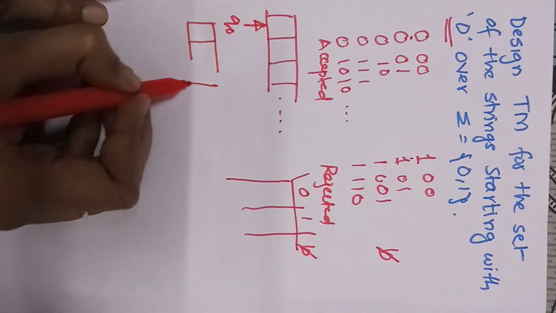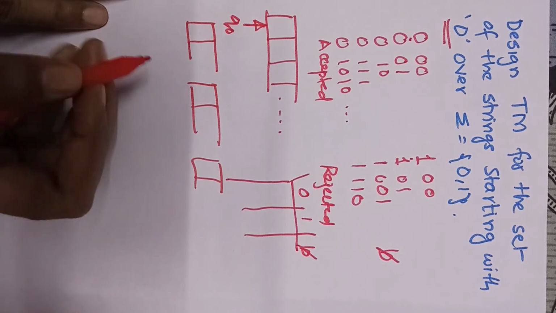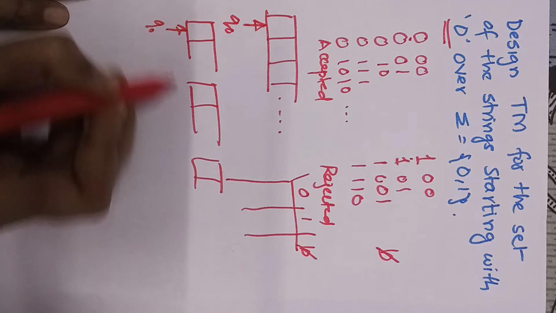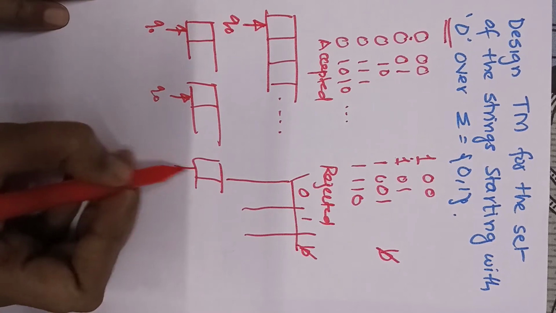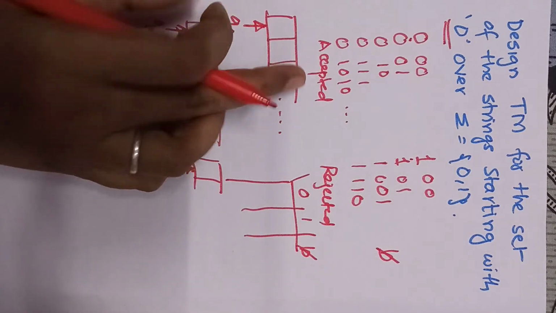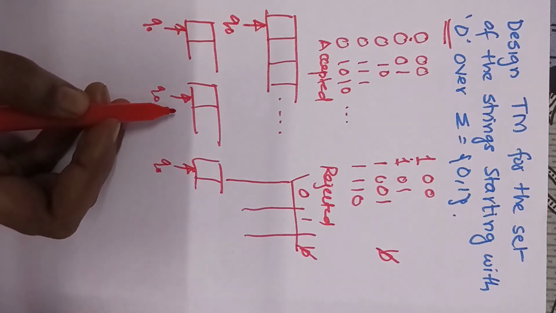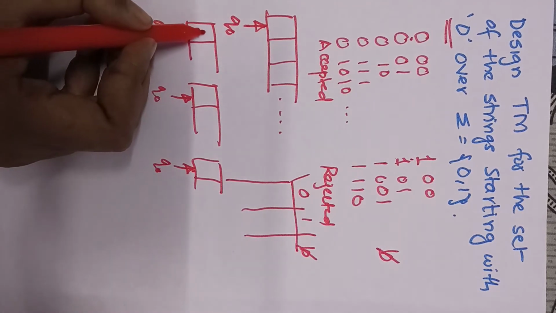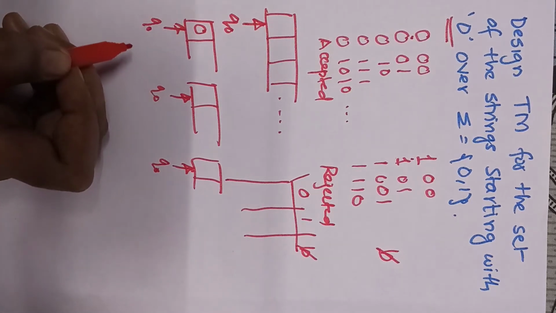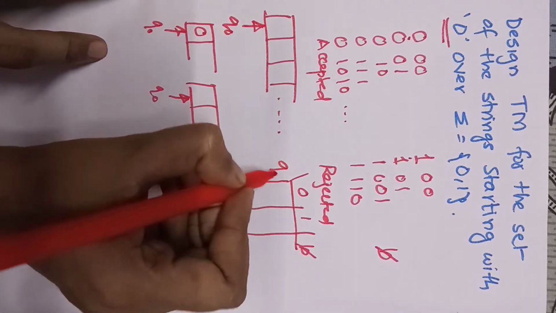Now as we have three different symbols, we can have three different tapes in which we are going to consider three possibilities. So here these are the initial states q0, q0, q0. Here we have three different inputs: the accepted string, the rejected string and the blank. Okay, so here if my first symbol is 0, what will be the next decision? So we start with q0.